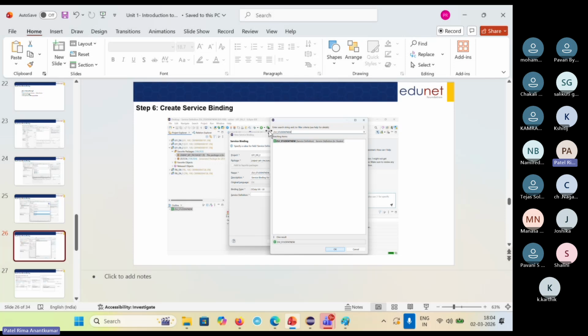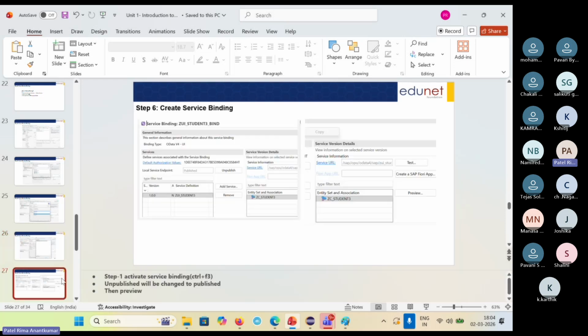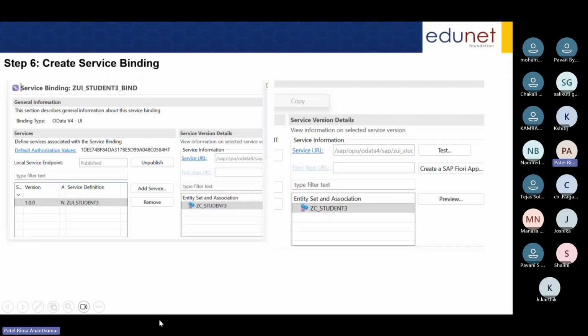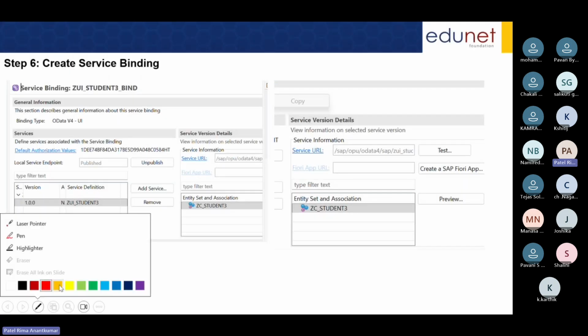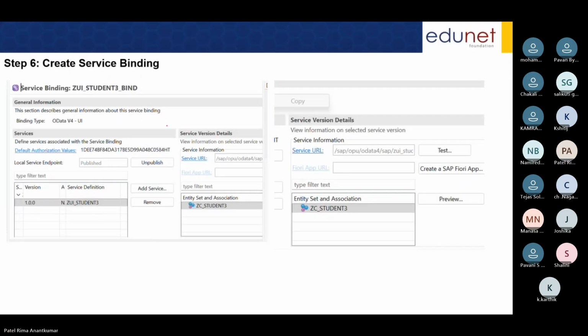ZUI underscore your table name. Right? That particular service definition will be visible here, and you need to select it and press OK. Yes, ma'am. After you press OK, you will have this kind of view. Initially, if you can see in this image, okay, let me just make it. In this image, if you see,